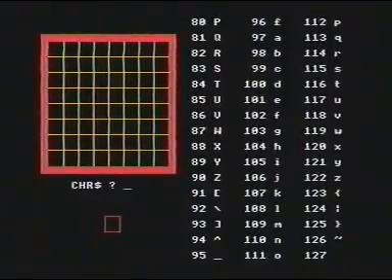There are a set of numbers and a set of characters. The numbers on the left are the ASCII codes, and next to each ASCII code is the letter or the character that code stands for. Yeah, I can see the A up there on the top of the screen. That's right,